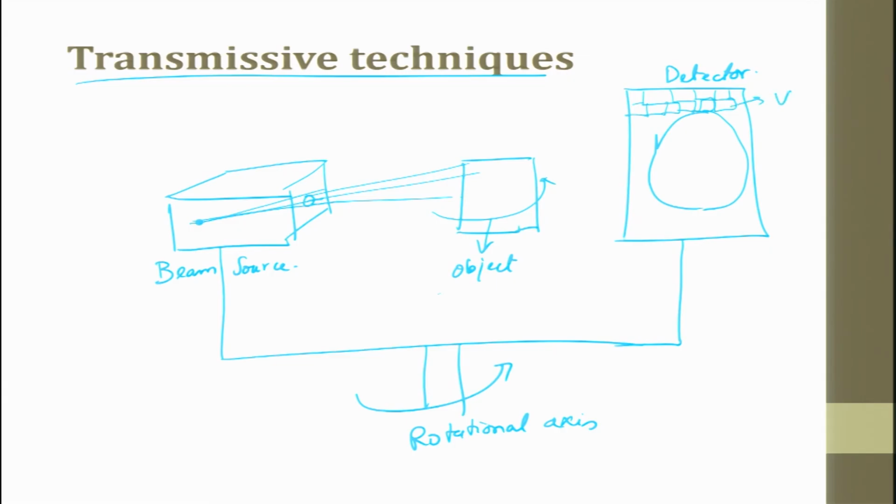This data will be in millivolts or some voltage, and that will be used to scan and get the data. Suppose you decide not to rotate the beam source and the detector, you can rotate the object alone and get the data. So, either you rotate the object at the middle, keeping these two fixed, or keep the object fixed and the beam and the detector go around. You have a scintillator which takes that voltage data and converts it into a plane of pixel data.